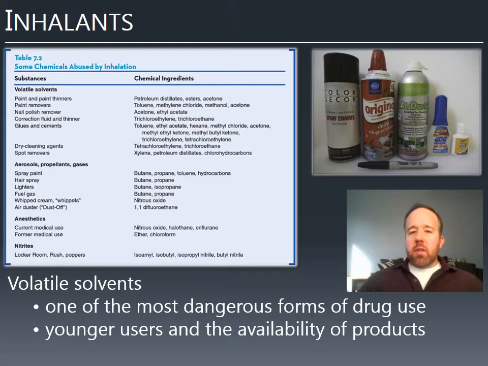The volatile solvents tend to recruit younger users. Because these solvents are depressants, they tend to have a lot of the same effects as alcohol. They're intoxicants. But if you're old enough, you can just buy alcohol. You don't have to buy these inhalants. But if you're younger, if you cannot legally obtain alcohol, people often turn to volatile solvents because these products are so widely available. These are household chemicals, for example. And so this tends to recruit a younger user, which is unfortunate because, again, they're dangerous substances.